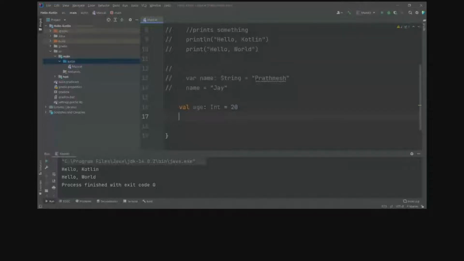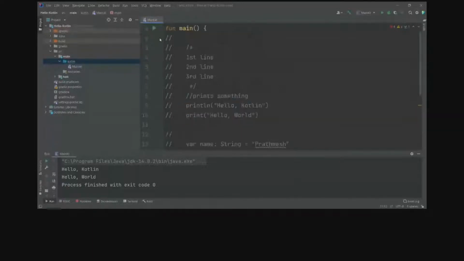Now let's see if we can do that. So age is equal to 21. Now as you can see, it's showing some red squiggly line here. If I press Alt plus Enter here, it will suggest me to change to var, because if I want to change the initialization, I'll have to make it mutable, right?